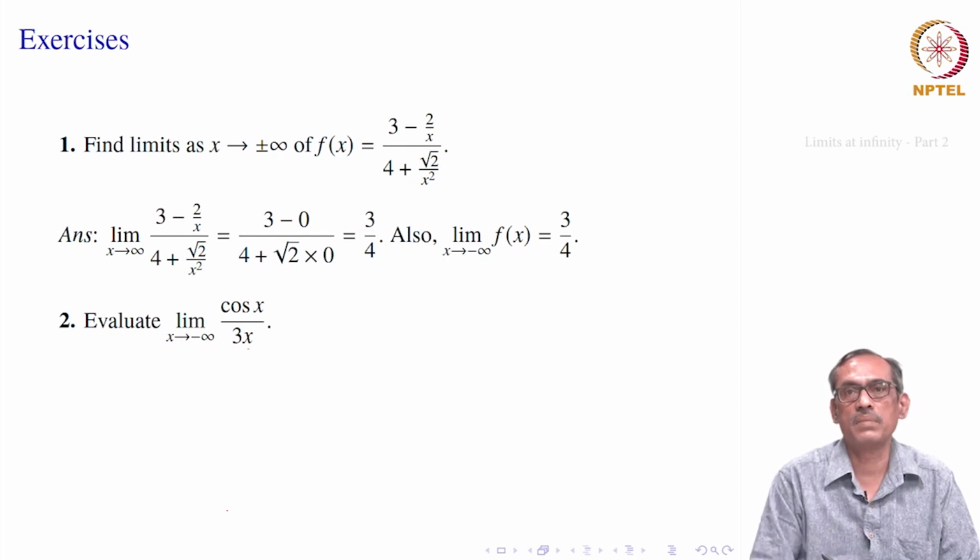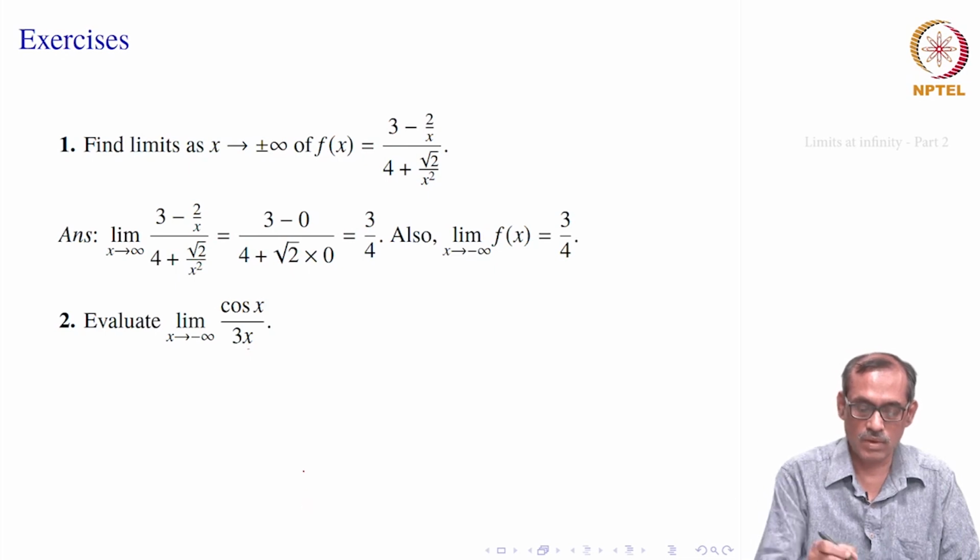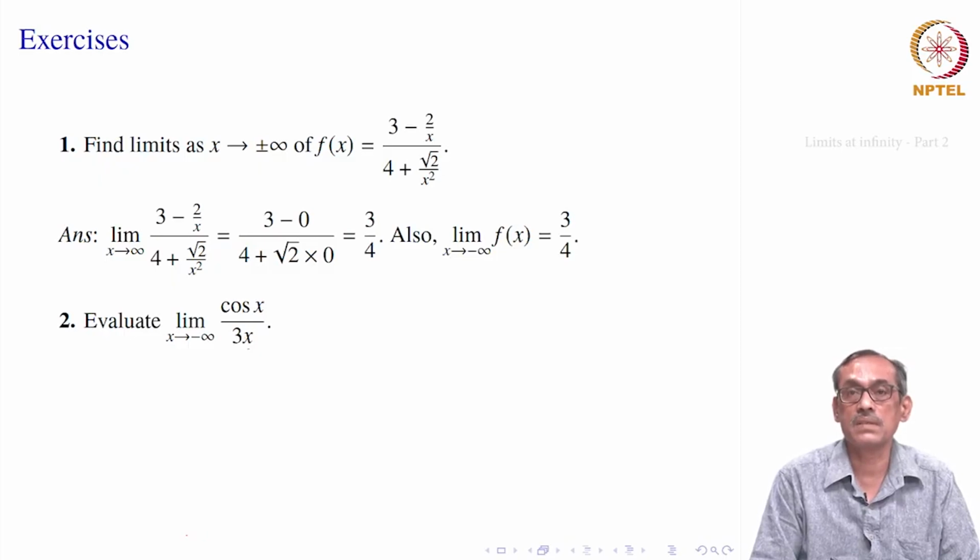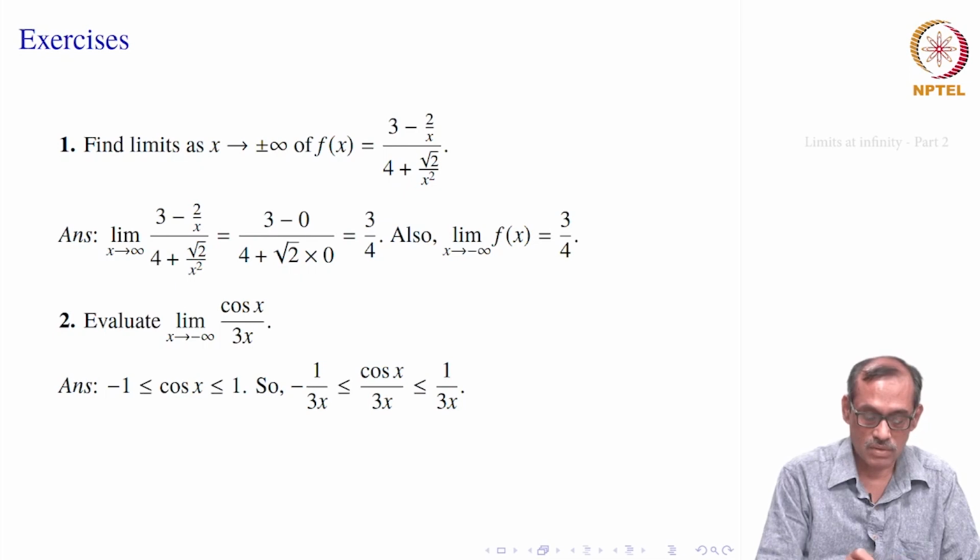Cosine x will not have a limit at x goes to infinity, because it can oscillate taking multiples of pi. Depending on what kind of multiples of pi, you will get different values, right. Of course, everything between 0 to 1 can come, even minus 1 also can come. So, they will vary from minus 1 to 1. Well, that may help. So, since cos x is bounded by minus 1 to 1, you can have an estimate for this and then finish it. Okay. So, that is what let us see. Say minus 1 to 1, cos x is always bounded.